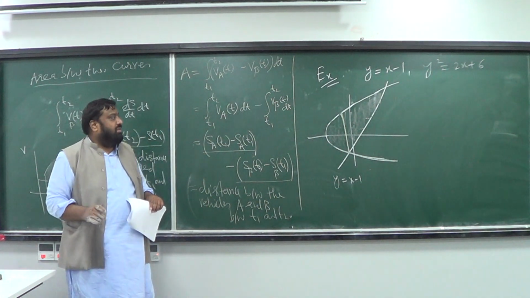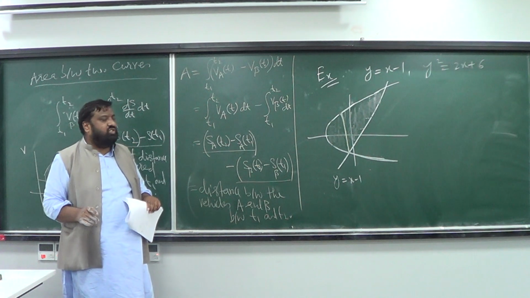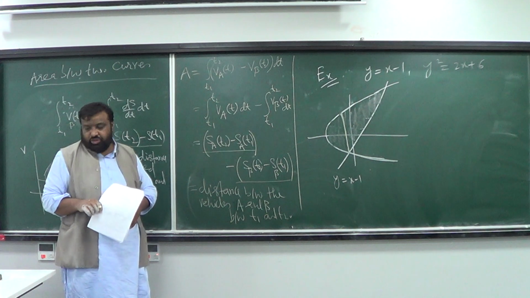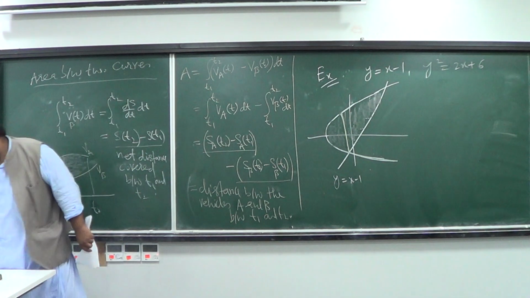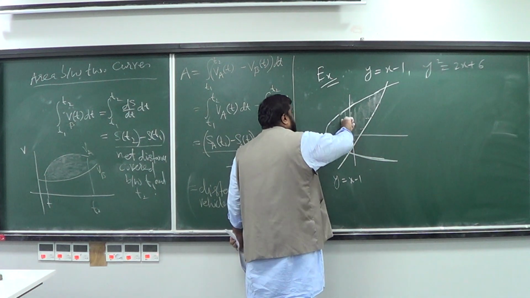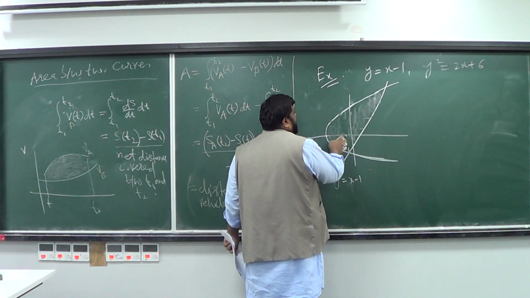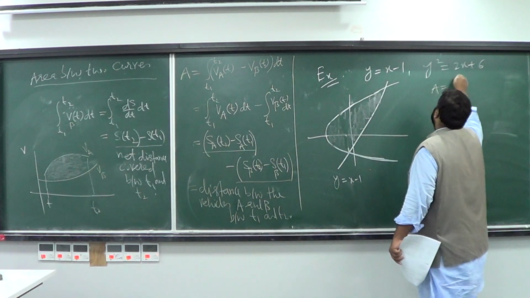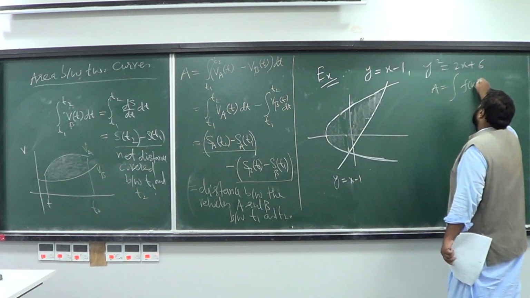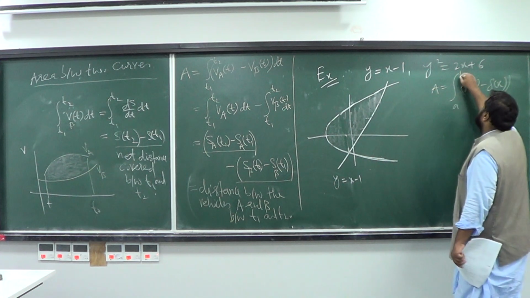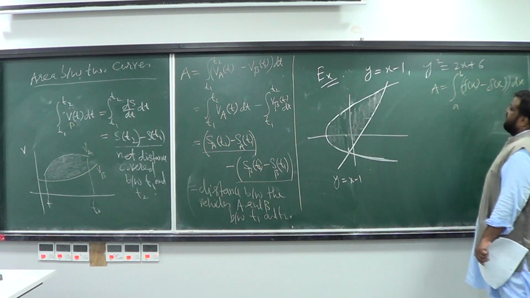So you have to do a strange kind of calculation. So what should be done? One trick in such a situation is that rather than doing the computation through the formula f of x minus g of x, in other words, doing the computation with respect to the variable x,